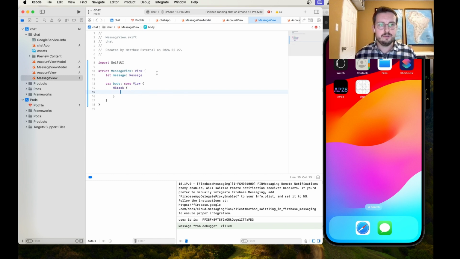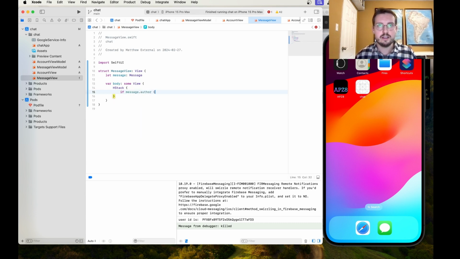So in our message view, we're going to create a horizontal stack, and we want to move the message to the left or to the right, depending on if it's an author or not. One of the simplest ways to do this is just to add a Spacer, whether or not it's the author. So we can do something like if message.author,